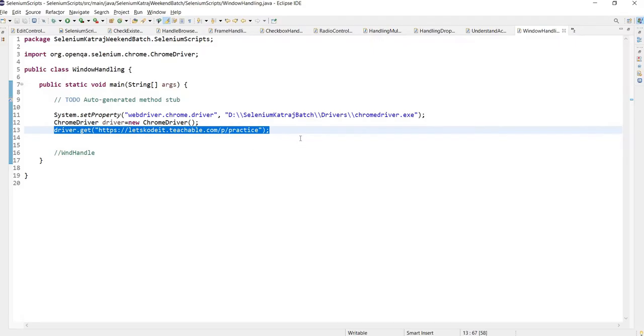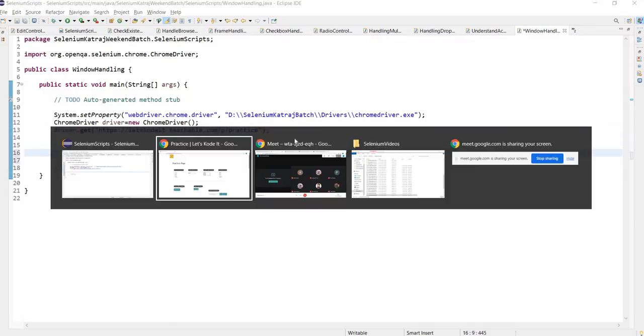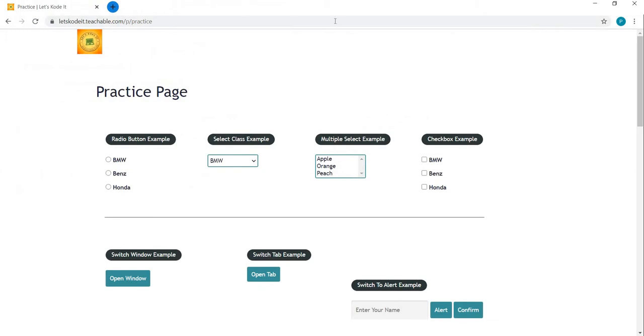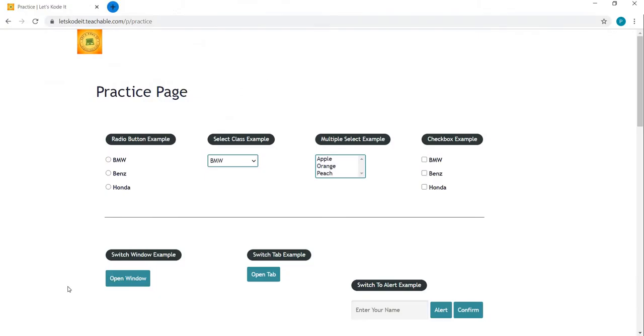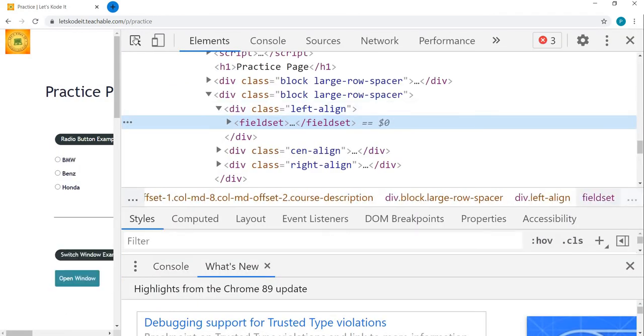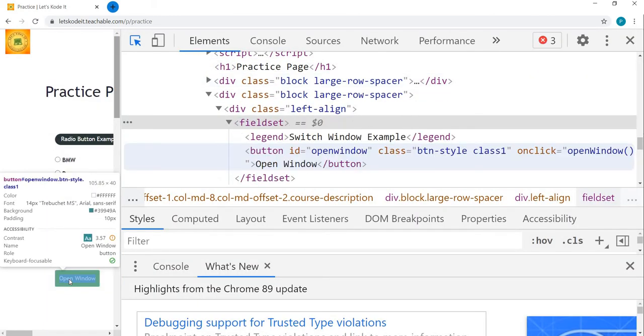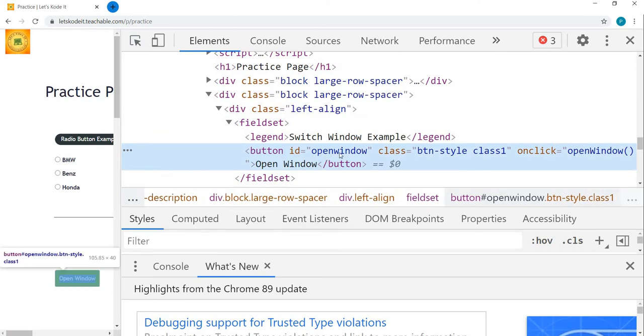Now our driver is holding the WND handle of this window. So our driver has opened this URL inside this window. Now let's move on to the next step, that is we are going to find this button having the ID open window.